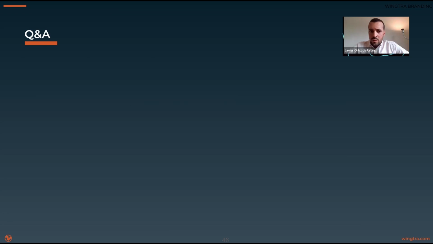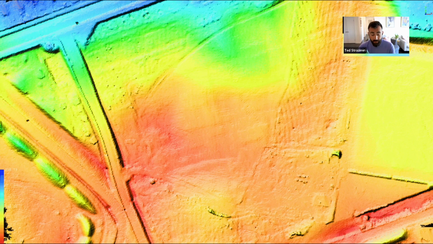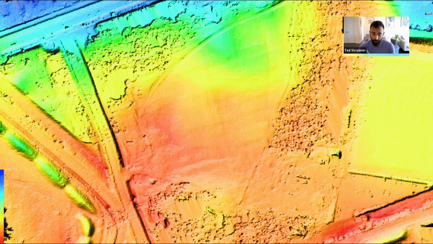And Ted, I have another question from the audience that actually links to this topic you were discussing. It is for large solar fields that are being built where topography is the goal. Which technique would be preferred to capture data, photogrammetry or LiDAR? So you mentioned solar fields. Okay. I think if it's very large, LiDAR